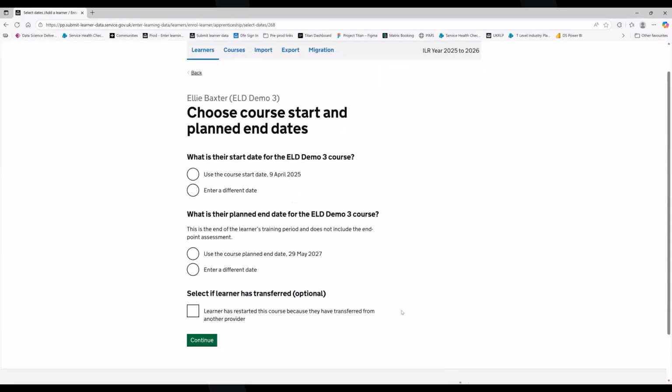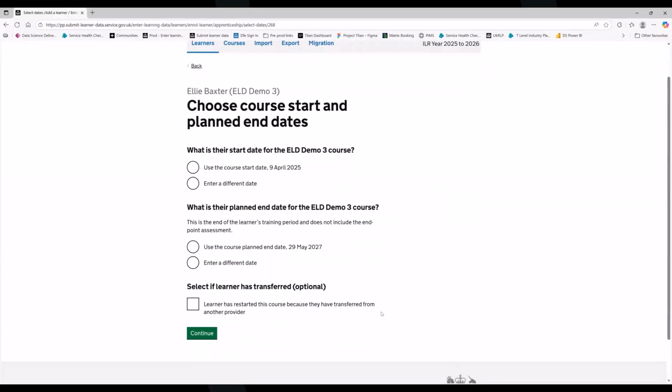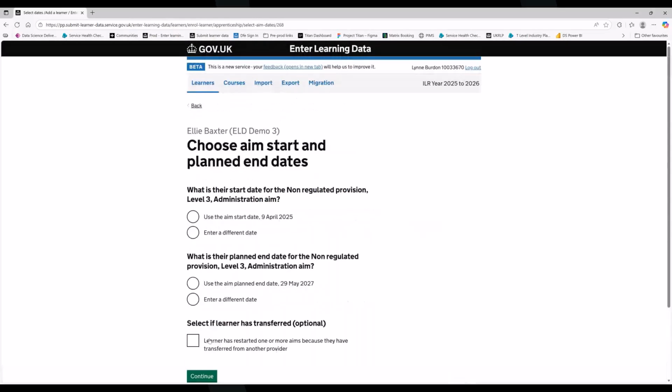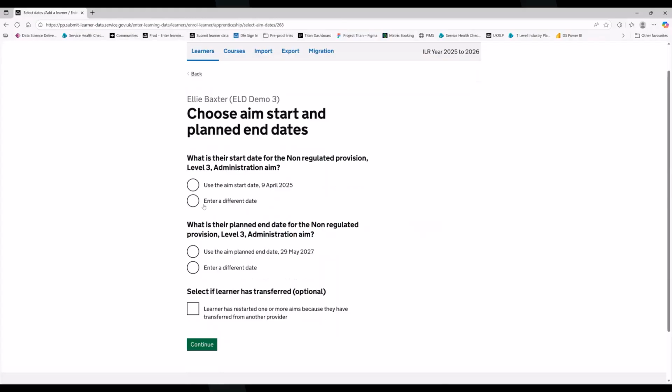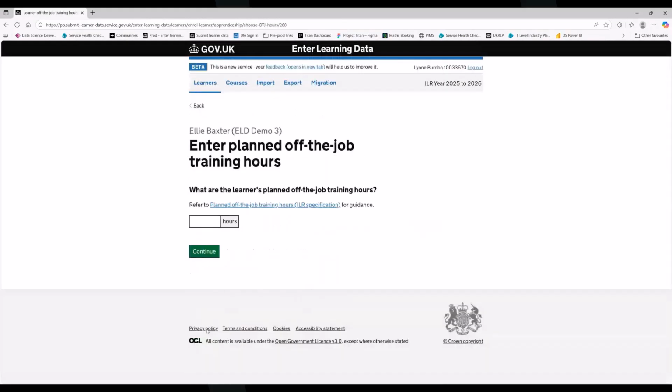And what it will do now is ask you for this particular learner, what are their start and end dates? And it will give you the option to use the course start date or enter a different date. So if you've got learners starting on different points of the month, at this point you can personalise it to get the information correct. Or if all learners are starting on the same date, you can just use the default dates. And it will ask you that for the course and then for the individual aims that are part of that course. It'll ask you to fill in